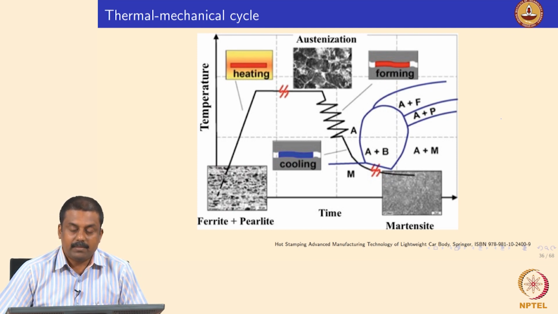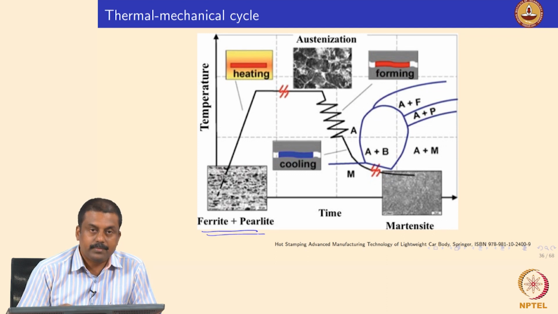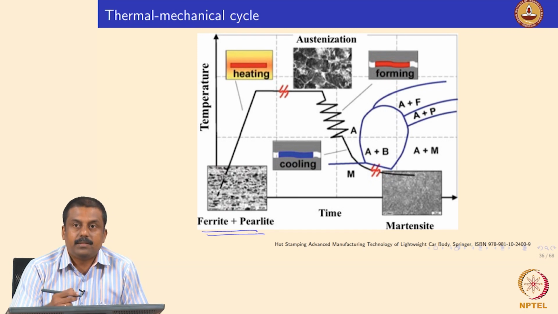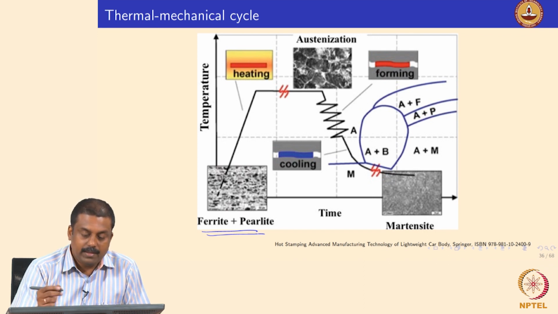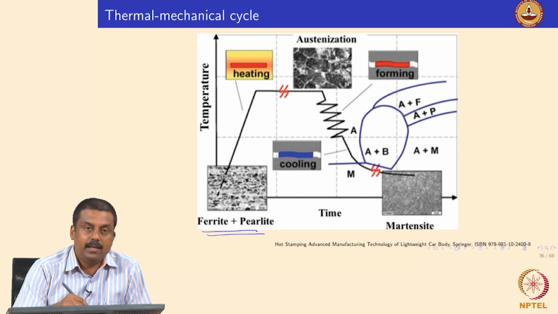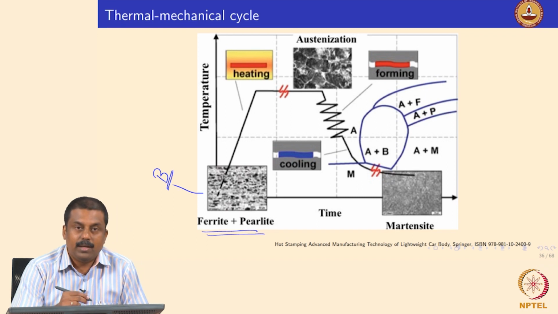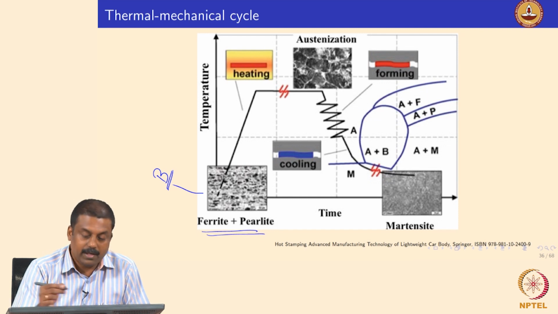The critical factors I will explain in terms of getting the final microstructure. So you start with a ferritic bainitic microstructure. The composition of the hot stamping steel is also similar to what you have in dual phase steel typically, but some special alloying elements are added in hot stamping steel. One such alloying element is boron. The role of boron in hardenability was already explained. I will also explain it again for your convenience while explaining this slide.